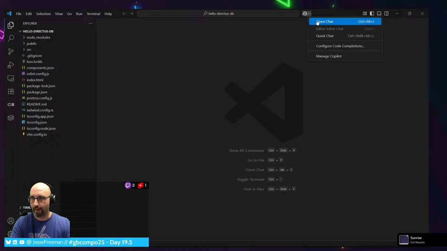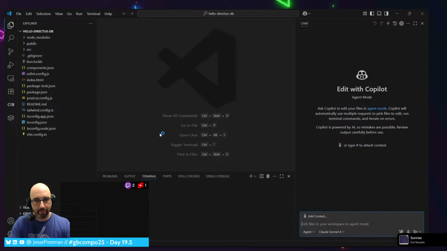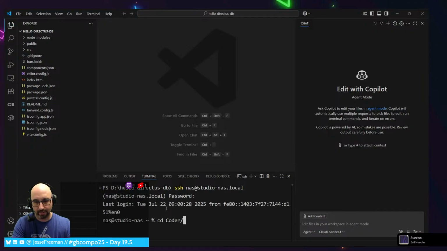We'll bring Copilot in, which is so much better. I need to look at the terminal, and let's do this. SSH nas.studio, or at studio nas local, and we'll put in my password, and then we're going to cd to coder workspace, and this is hello DirectX.